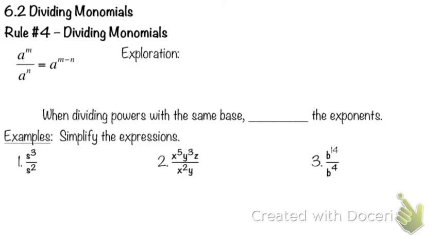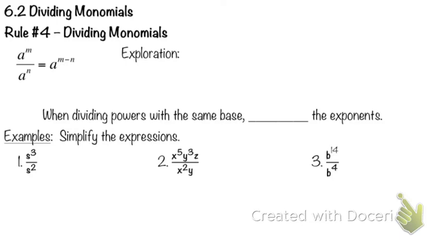So rule number 4 is going to deal with dividing monomials. So we have a to the mth and a to the nth. Notice how they're both a, right? It's the same base again. And what we end up doing is we subtract them. Now, what did we do when we multiplied? What did we do with the exponents? Added them. So what's the opposite of multiplication? Division. And what's the opposite of addition? Subtraction. So notice, when you do the opposite of multiplication, division, we're going to do the opposite of the addition,